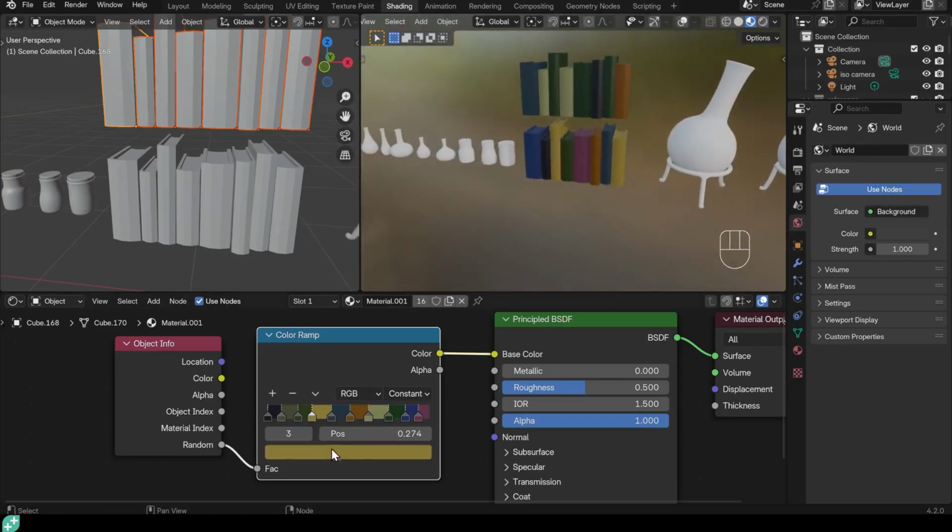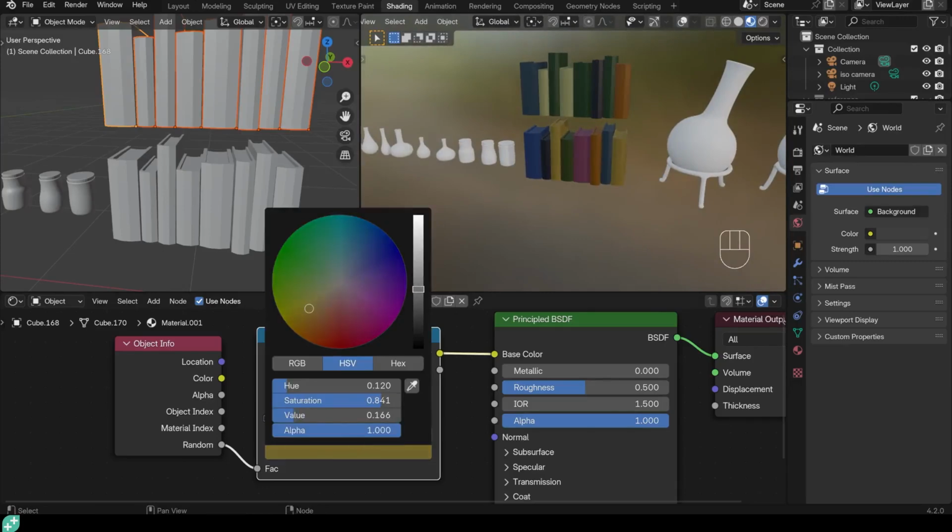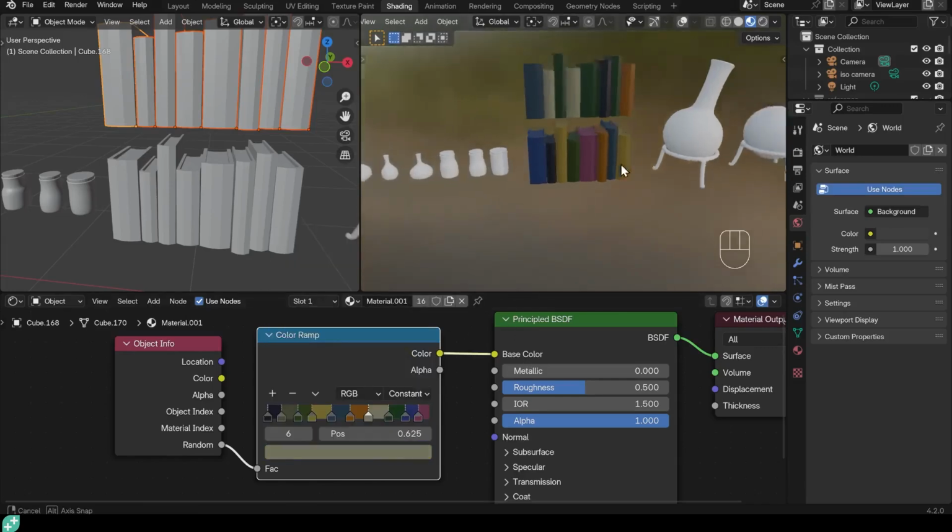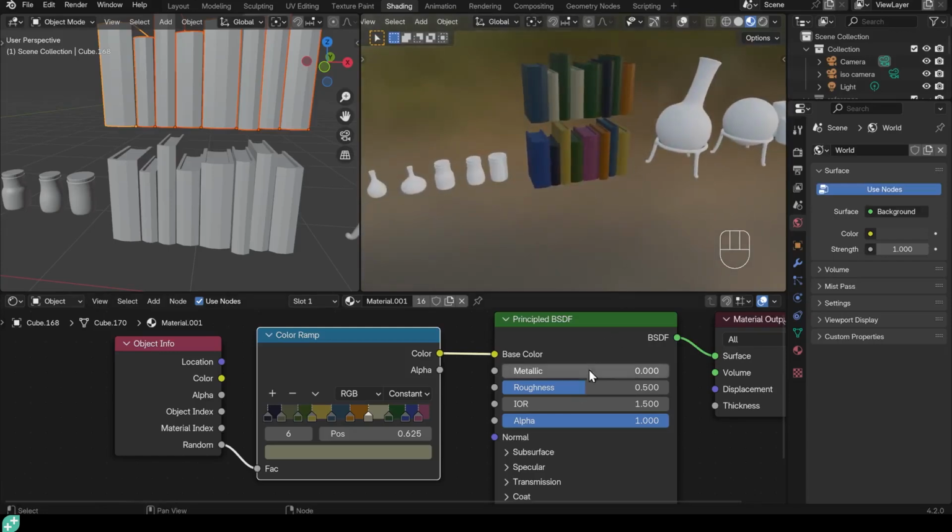I think that yellow's standing out a bit more. Only when you get them like this that you can start to see the impact that they have. And this one's a tiny bit bright as well. Let's make that about there. Also, what I'm noticing is I don't like the shininess of them, so I'll just bring that down a little bit. That's obviously bringing down all the colors.